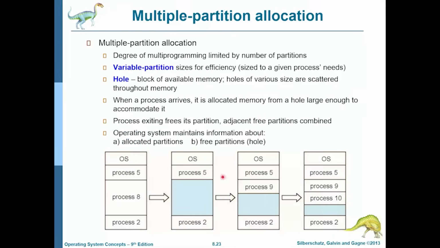Leftover hole as in when process 8 exited over here and process 9 came here. So this is the leftover hole. But process 9 was really small. It did not need such a big hole. So if the operating system could have gone below process 2 in the entire memory area and found a hole which was just a little bit bigger than process 9, then the leftover hole would not have been this big as we see over here.